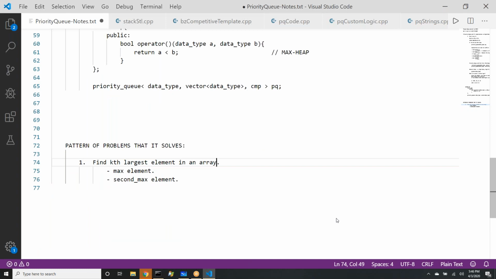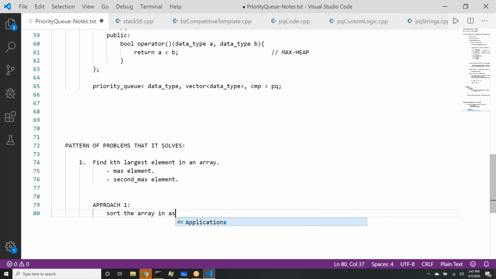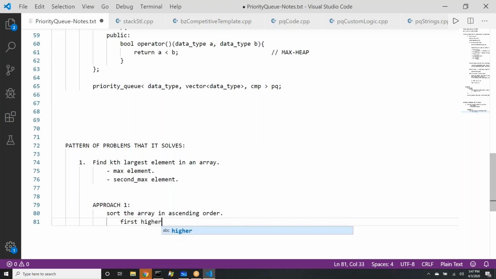And I'm hearing a response, can we sort the array and find the kth element? Okay, so one approach that Koteshwar Rao is suggesting is approach 1. He says sort the array in ascending order, let me say. Then highest element will be where? Which index will have highest element? First highest element. At which index will be first highest?